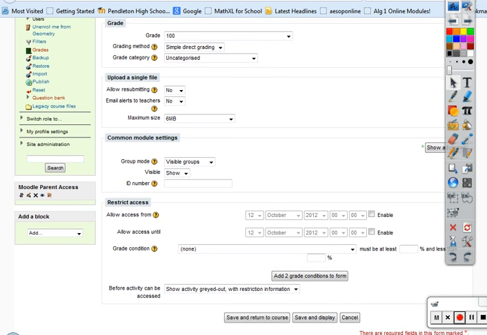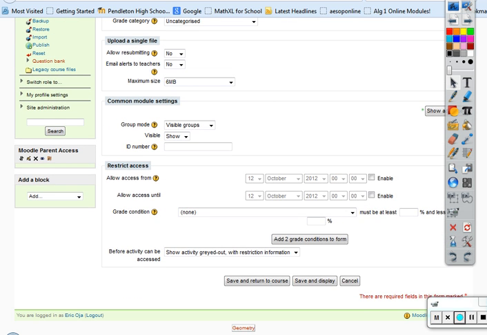And then I think this is all pretty standard. I could go through and change some. And here's the restricted access piece. If I want to attach a condition, it can be they have to have a certain grade on a certain assignment right here before they can access this too. I haven't even done that yet, but I know that's where you do it. If I go save and display, then